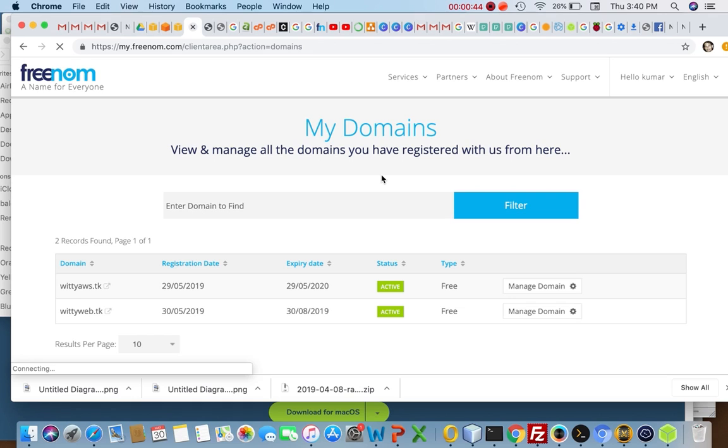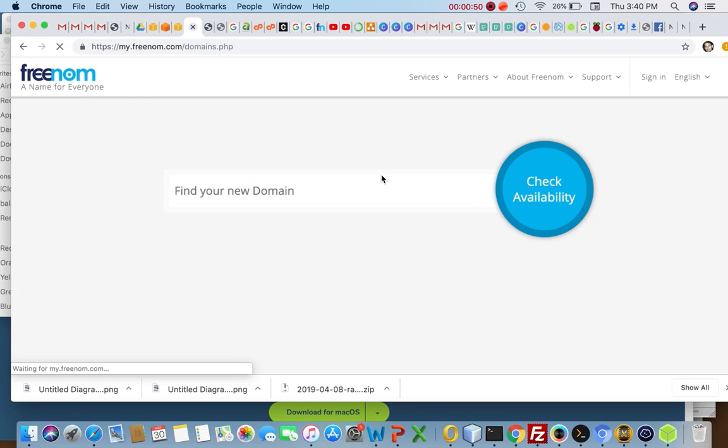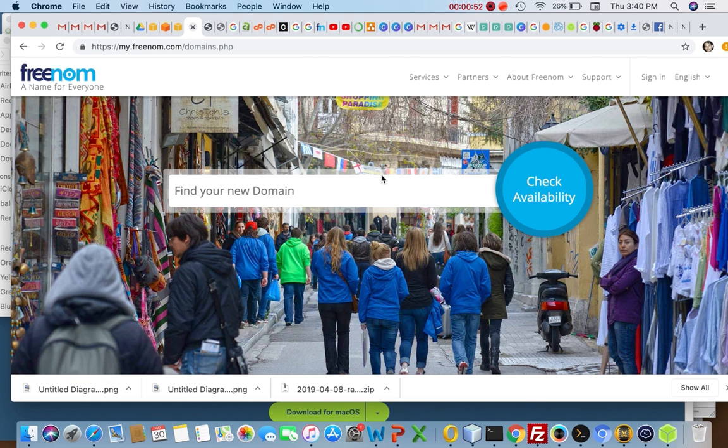It will not ask for any money. It will be free for 6 months to 12 months. For testing purposes, they are doing a very great job providing us a domain. When you just need it for a demo, to tell somebody how to host a website, then why buy one. For that purpose they are providing it. So just buy a domain, and then our next step would be